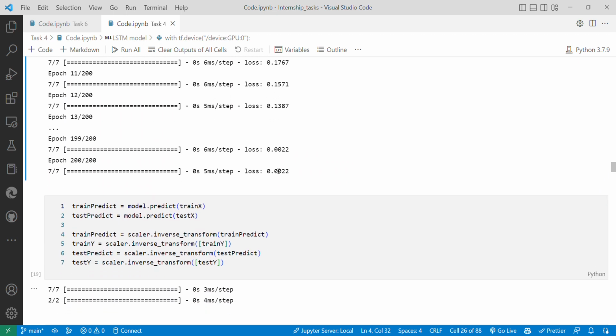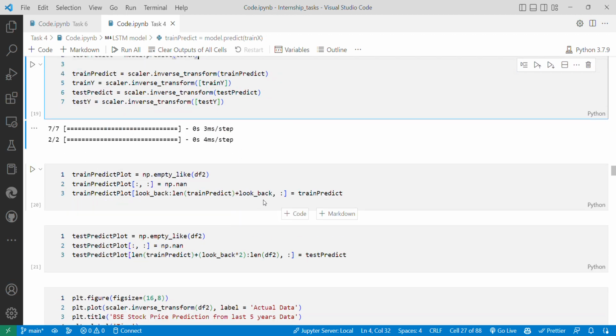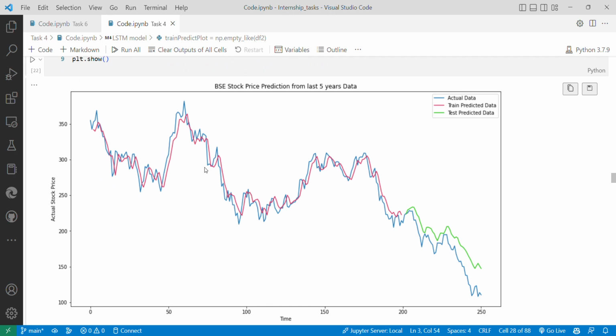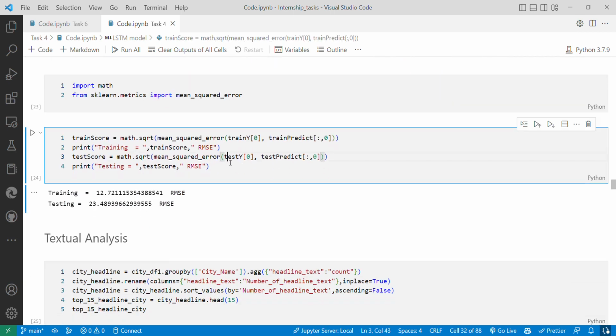I got the loss as 0.002, and I'm predicting on the training and testing data set. As we can see, this is the stock price prediction from the last 5 years of data. So this works only until we do any textual analysis. The actual and the predicted data are almost the same. Now I am checking the root mean square error, which is 12.23,